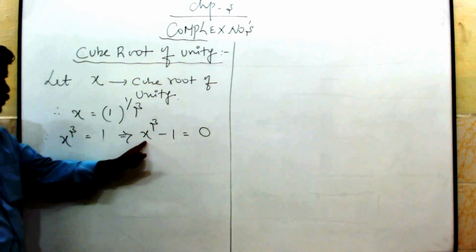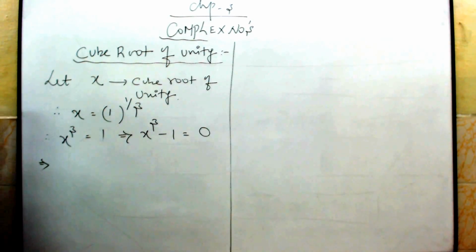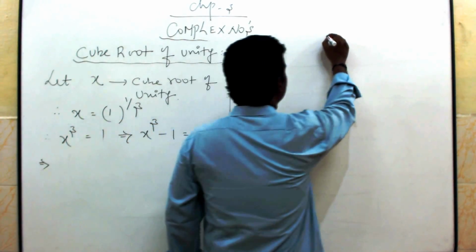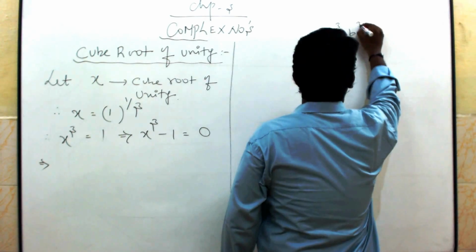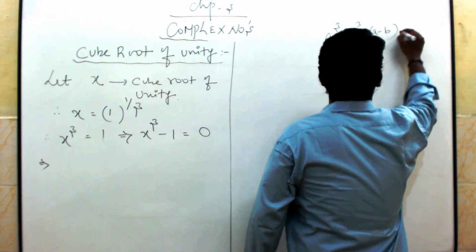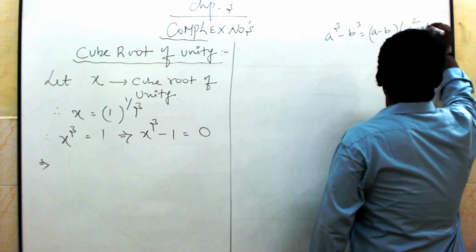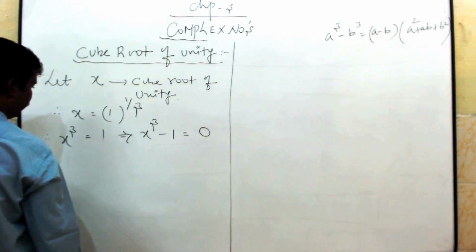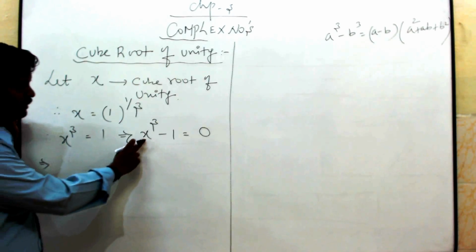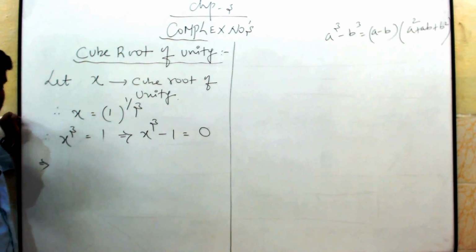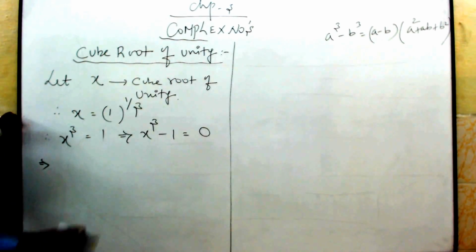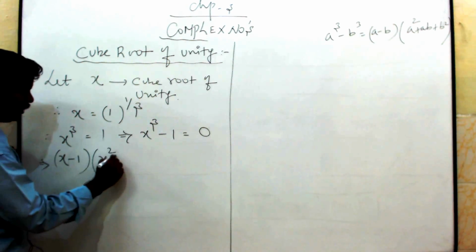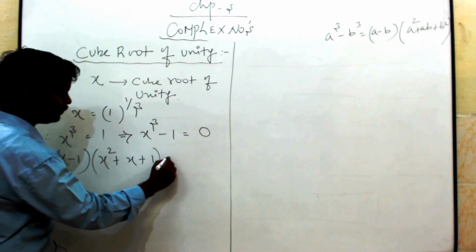This is of the form a cube minus b cube. What is the formula for a cube minus b cube? It is a minus b into a square plus ab plus b square. In the place of a you have what? x. In the place of b நமக்கு என்ன இருக்கு? 1 இருக்கு. So apply the formula, you will get x minus 1 into x square plus x plus 1, which is equal